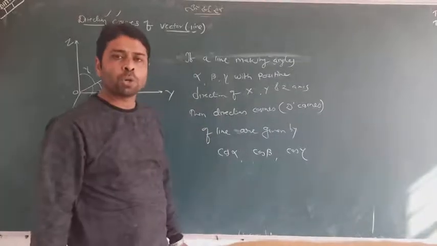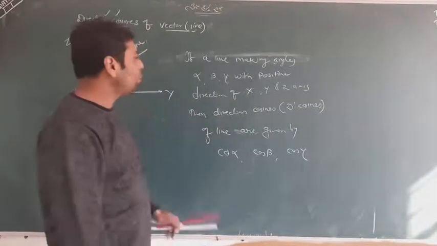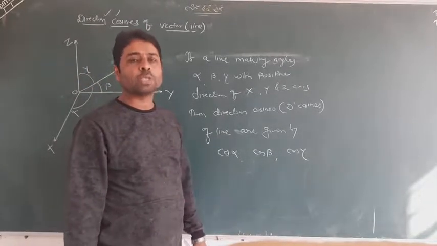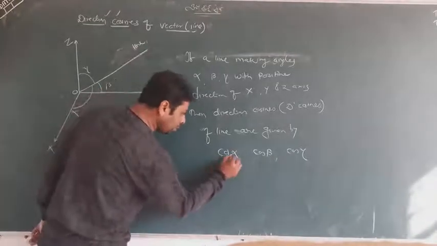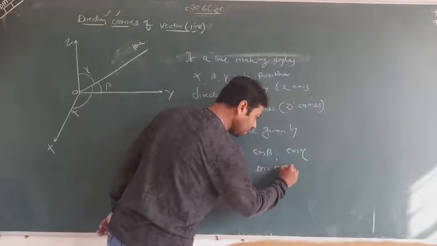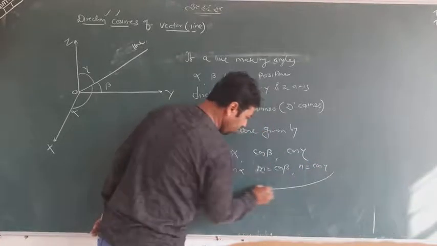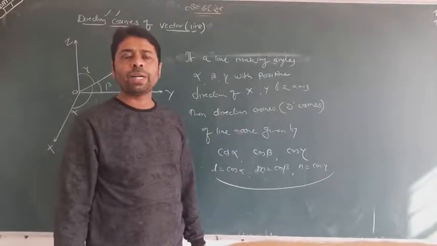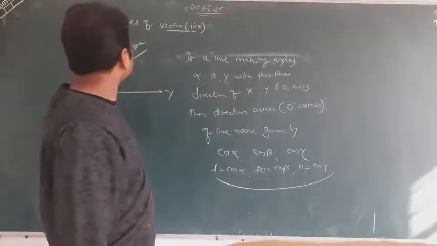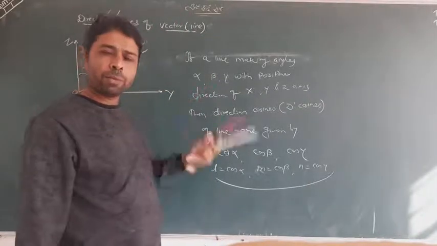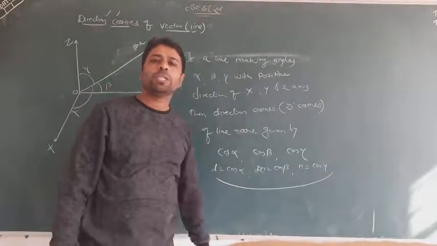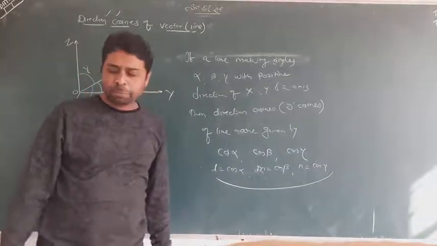These three are numbers: cos alpha, cos beta, cos gamma. Along with cos, these alpha, beta, gamma give the direction cosines of the line. This cos alpha is called L, this cos beta is called M shortly, and this is N. Now if you know alpha, beta, gamma, you can find L, M and N of the line. The same you can say about the direction cosines of a vector. The same thing I define if a vector is making angles like that. This is nothing special, but I am teaching you according to the line. Don't worry about this.